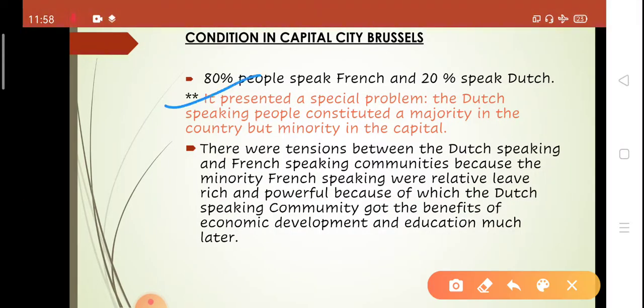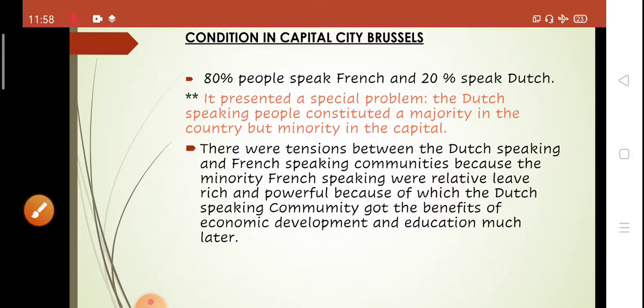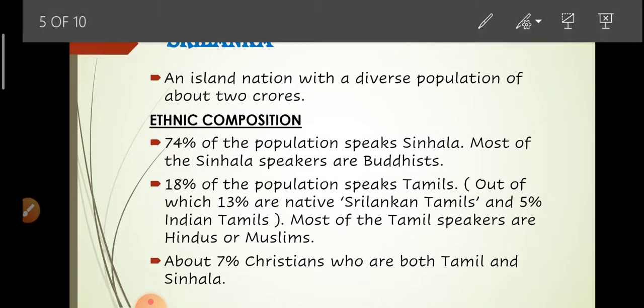It says it presented a special problem. The Dutch speaking people constituted a majority in the country but a minority in the capital. The Dutch speaking people had 59% of the population in the country. But if you see in the capital city Brussels, then